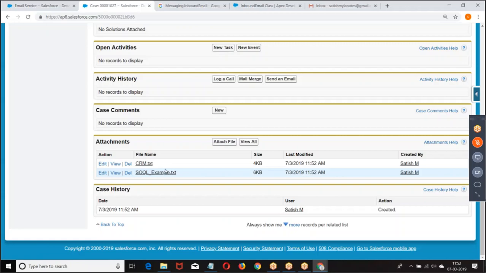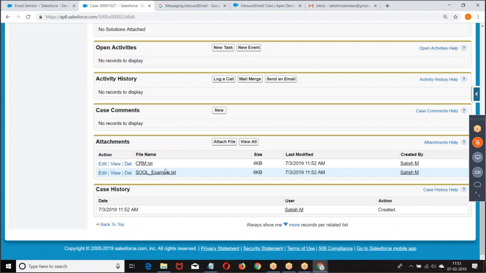So if you receive an email, what do you want to do? Now let's see. As per my requirement, I create a case. Somebody may ask you to create a lead. Somebody may ask you to create an opportunity. Somebody may ask you to create XYZ. So at the end of the game, the context is the same: whatever mail we received, take the data, perform the operation. Now my requirement was to create a case. I created it.